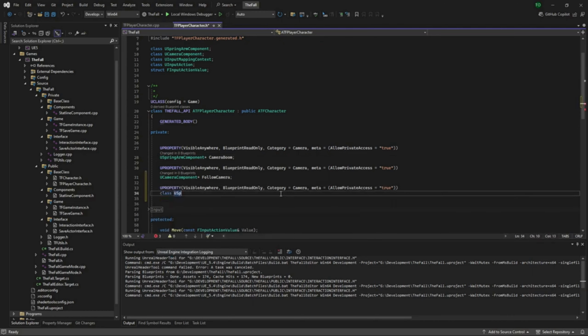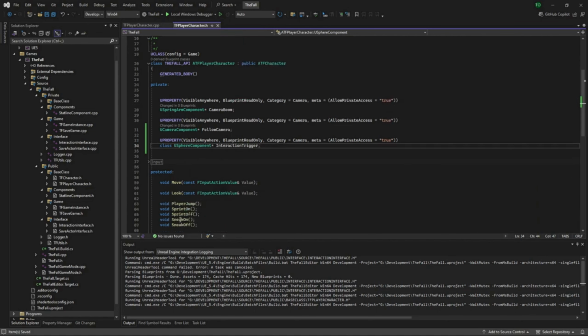Class USphereComponent pointer interaction volume. Actually, no, we'll call that trigger for the purpose of clarity there. And then we need to actually add in some OnOverlapBegin and OnOverlapEnd overrides for this. These are going to look a little complicated when we define the functions, but I promise you they're not